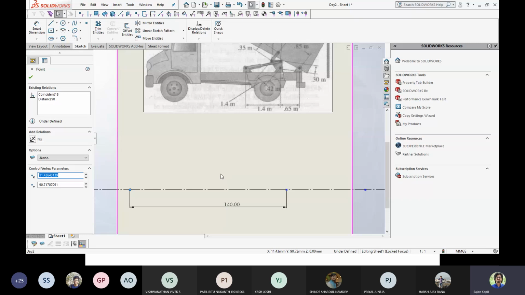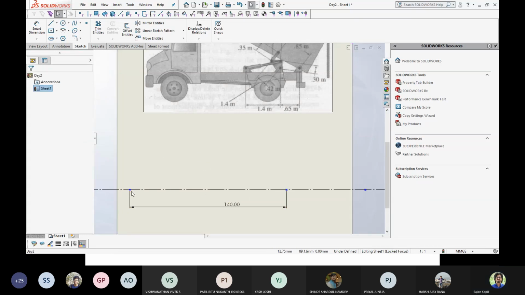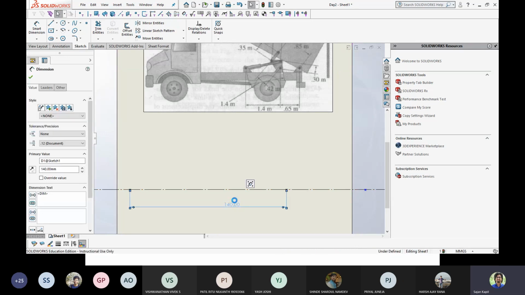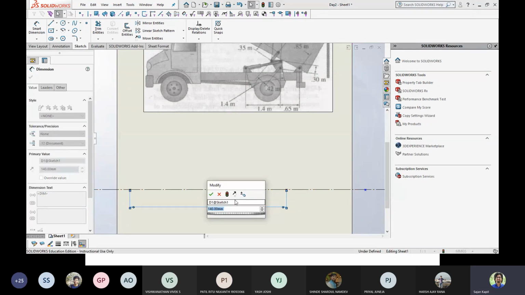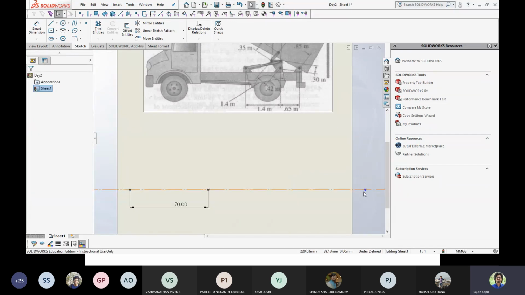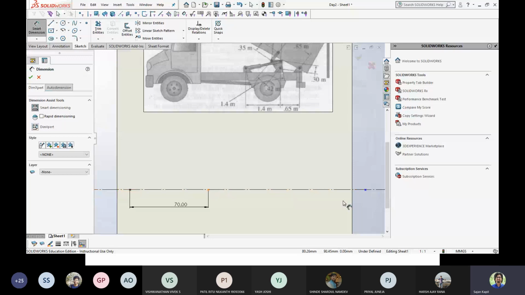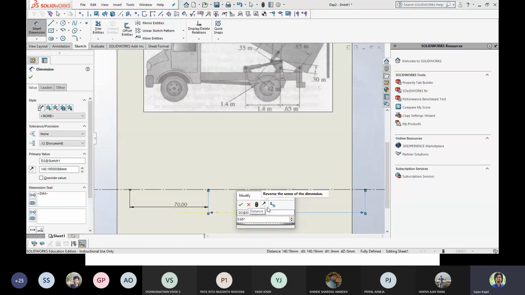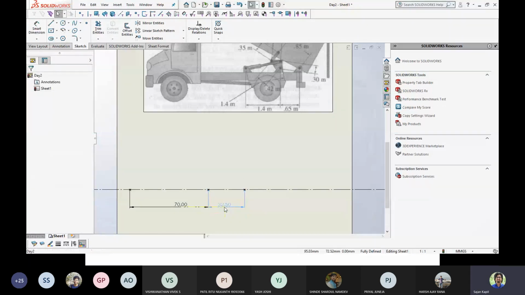And then 65 is also high. Okay, I'll reduce my scale. I think what I have written there is the perfect one. So I'll just multiply by 50. So 1.4 into 50. Fine. Now the next point is at 0.65 mm. So 0.65 into 50. This is my second point.